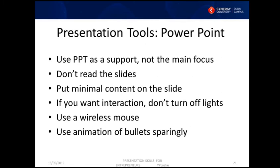And there's honestly no need to have full sentences on the slides. Slides should be bullet points with few words at each point. Try to put very minimal content and to have a maximum of 6 points on your presentation slide. If you want interaction with your audience, don't turn off the lights, leave them on, and make your pitch as interactive as possible. Basically, in a well-lit room, you'll have the opportunity to see their facial expressions, and this is very, very important feedback for you, because you understand whether they understand what you're talking about or not, or you can go back to a certain point and